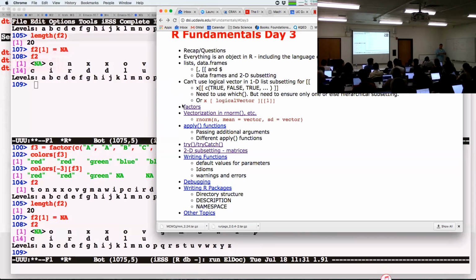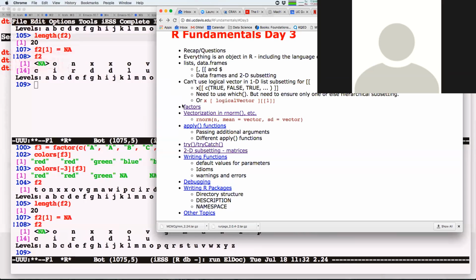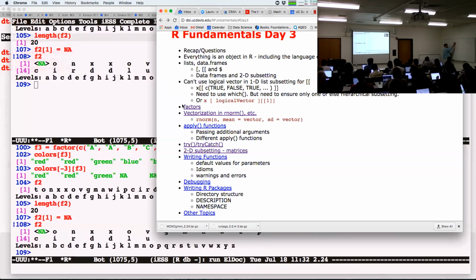It may also have another attribute called dimnames, which is a list with 2 elements, the row names and the column names. So that's how we could subset by row name and column name. But it is actually a big long vector. And I know that they go 1, 2, 3, 4, down to n row, and then n row plus 1 is the next one, and so forth. So this is the first column, then this is the next column, and so forth. So I could actually do some arithmetic to figure out how to index.